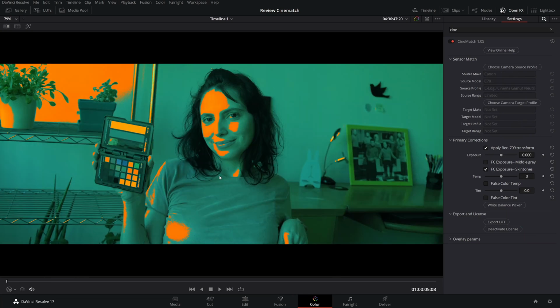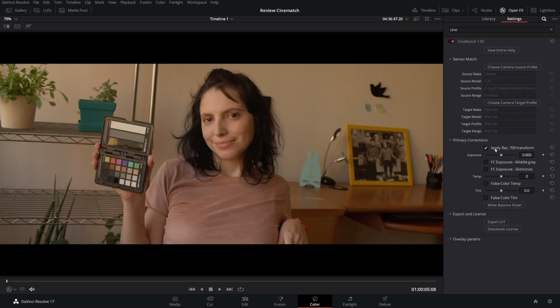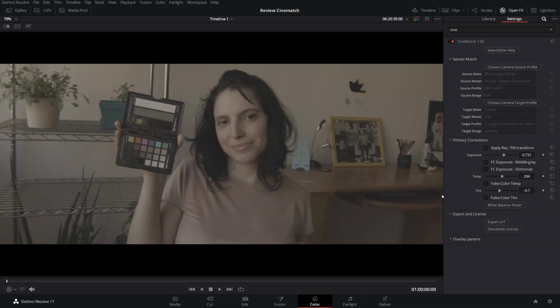We have two similar images. These tools are amazing. This, for me, is the best part of the Cinematch. This false color exposure and color temperature and color tint is crazy good to match images. And then as you can see now, I will remove the Rec 709 and the images look equal.